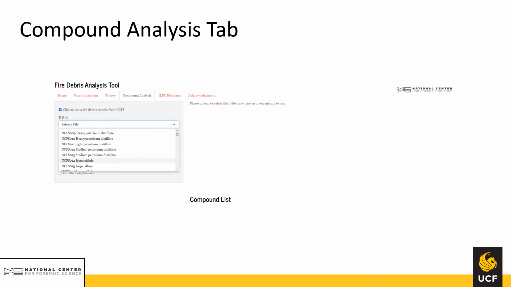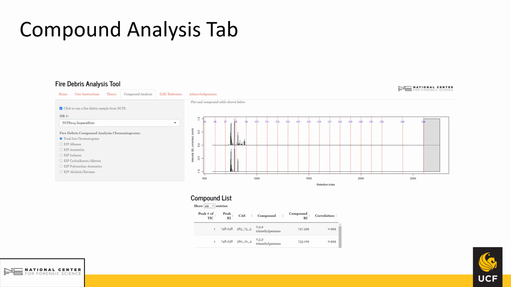In this example, though, we will be looking at a preloaded sample from one of the National Center for Forensic Science databases, so we will check the box. A drop-down menu of the preloaded NCFS samples and the ASTM class of ignitable liquid they contain is available when the checkbox is checked. When NCFS 014 is loaded,